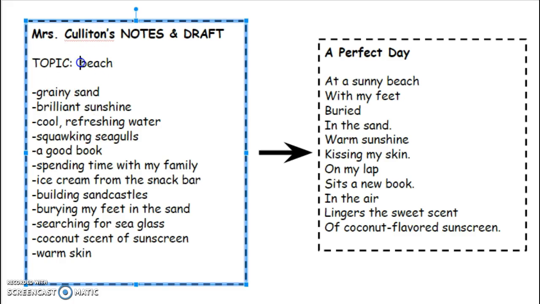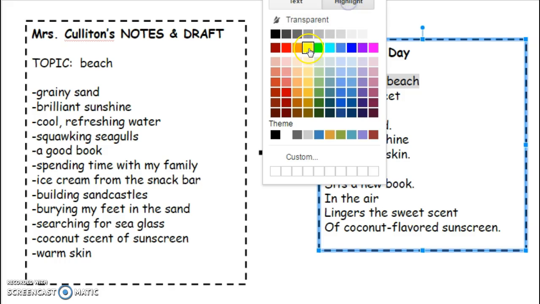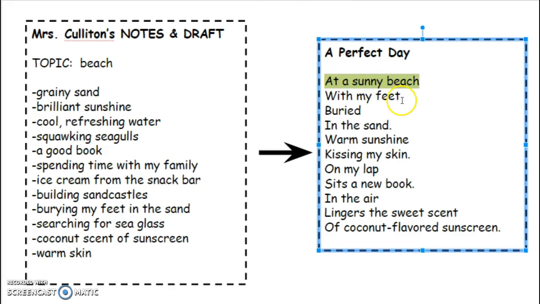I came up with my topic was going to be the beach. And as I was thinking about writing a poem about the beach, I was thinking about all the things that I see and some of the adjectives to describe them. So this is just some brainstorming. After I had my brainstorming done, then I took the ones that I wanted and created a poem out of them. And so now that I'm done with my poem, before I turn it in, I need to highlight my phrases. So at a sunny beach, with my feet in the sand,